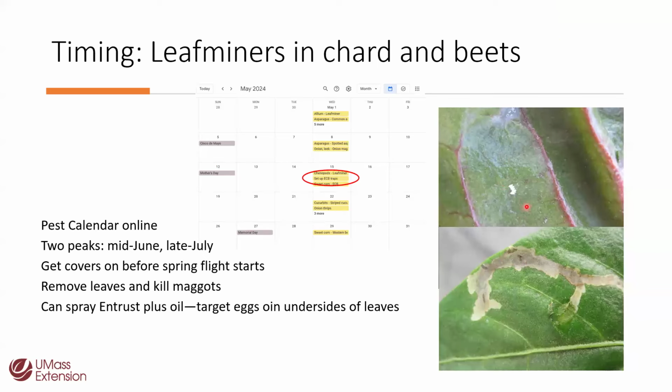So that just kind of disrupts their moving around and they get confused and leave. They're not very smart, it turns out. But then if you're gonna spray, Entrust has been shown to be the most effective against flea beetles. This has been done over and over and over. And partially I think it's because